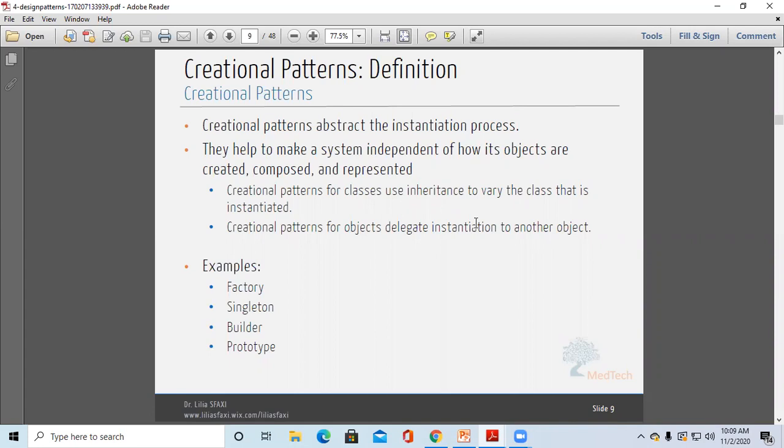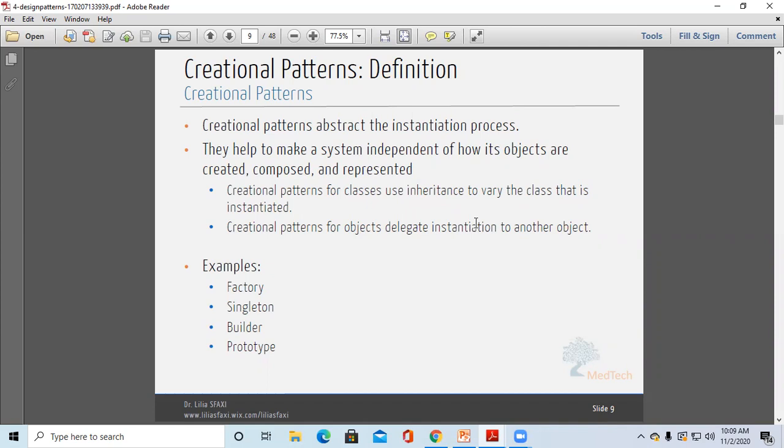That means creational patterns for classes use inheritance to vary the class that is instantiated.